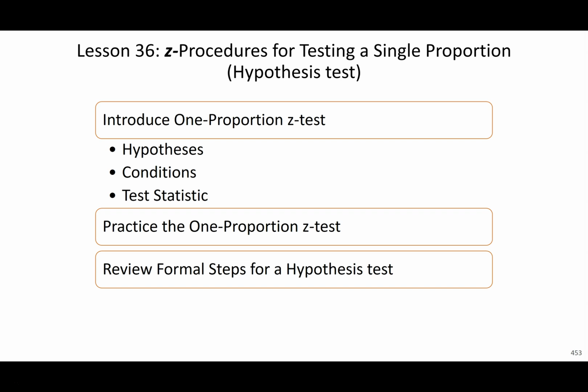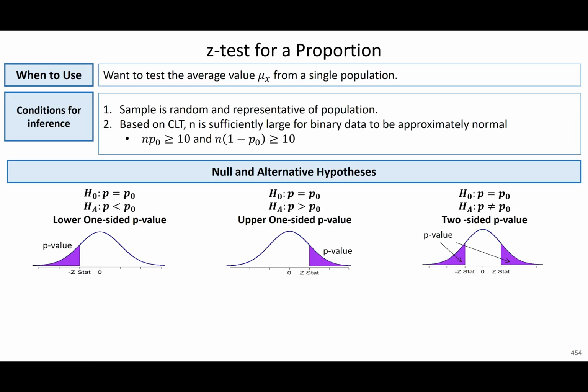Welcome to lesson 36. So in lesson 35, we calculated a confidence interval for a proportion from one population. Now we're going to look at doing a hypothesis test. Just a caution, the conditions are going to be a tiny bit different here. And this will be the first time really that we have introduced conditions that are different for the hypothesis test